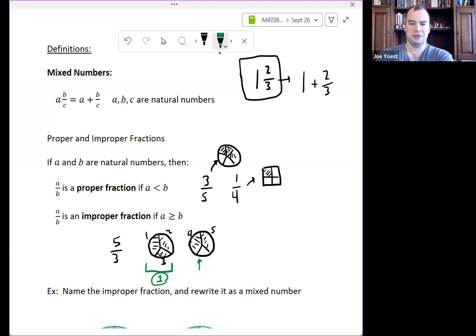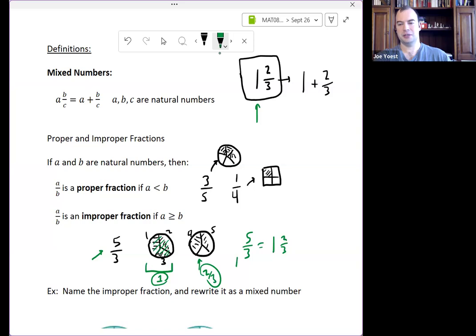And personally, I think that's kind of silly, right? There are times that mixed numbers serve us better. There are times that improper fractions serve us better. So if I have 5/3, I can see pictorially that this is the same as the mixed number 1 and 2/3. It's one whole that I filled in, one whole pizza here, and then another 2/3.